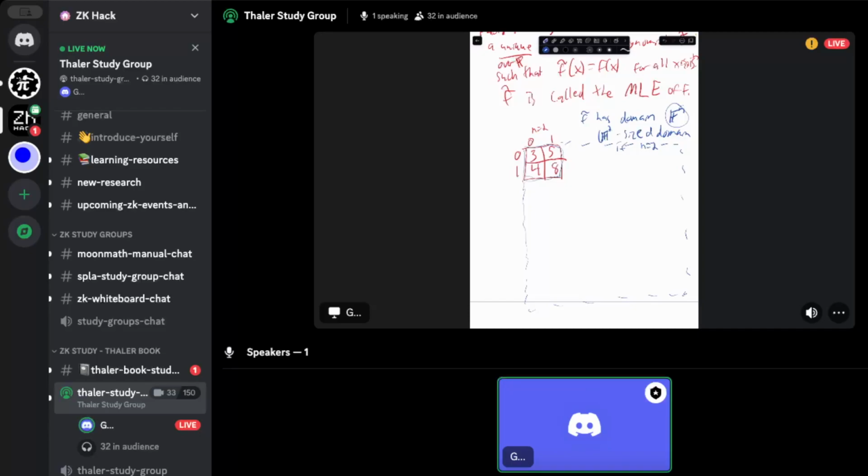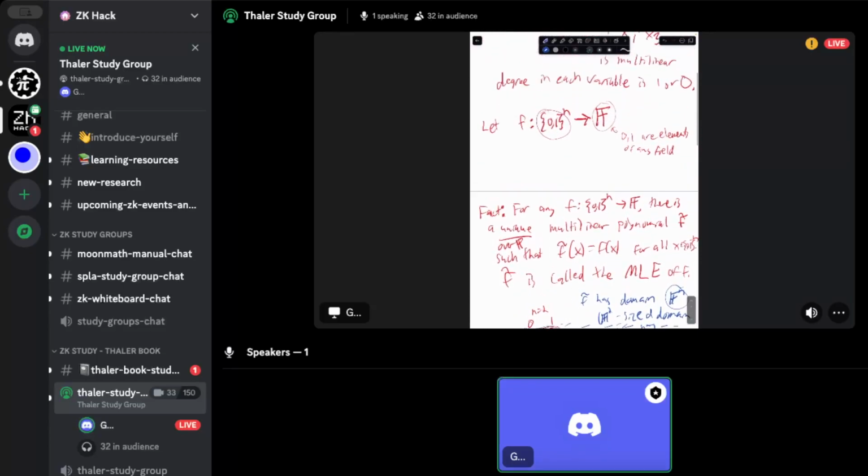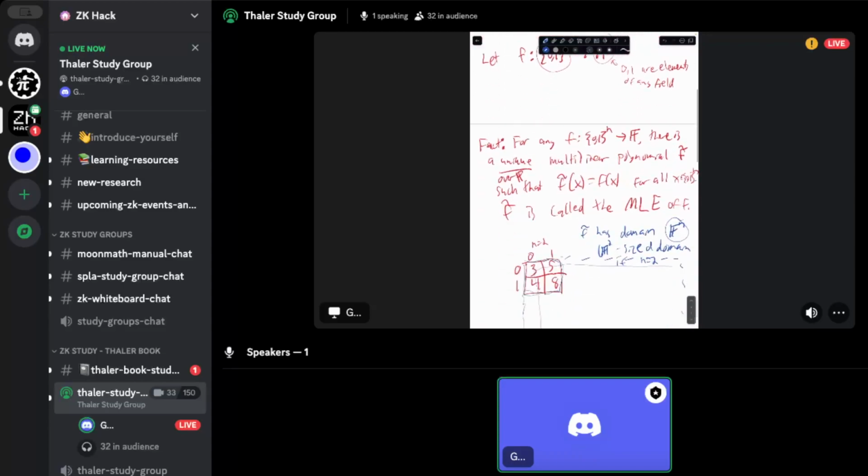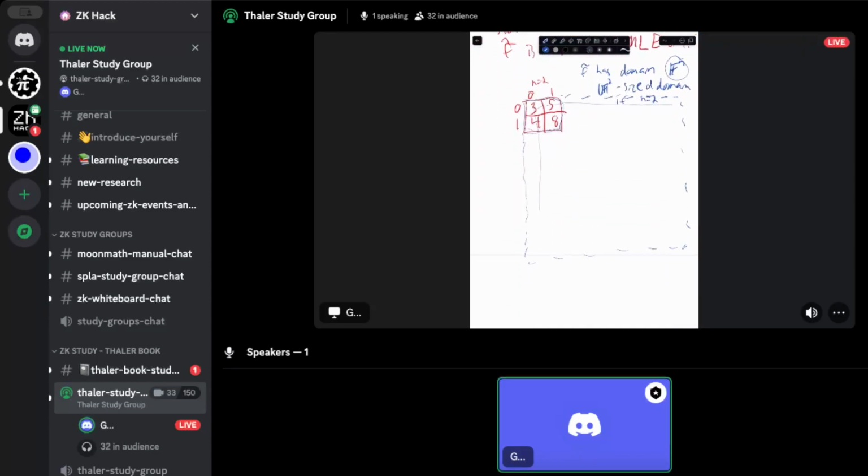Because f twiddle is multilinear, if you look along any row or column here, what you get is a line. That's like saying, if I fix x2 and x3 to fixed values and leave x1 as a variable, you get out something of degree 1. So if I fix x2 to, I don't know, 6 and x3 to 7, I get some degree 1 function in x1. That's a line, which means it's pretty easy to look at f and write out the evaluations of f twiddle. As I go along this top row, moving from input 0 to 1 moves me from 3 to 5,